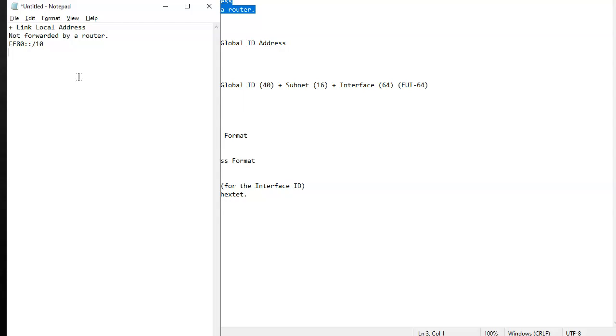So if I have a router and I have turned on link local addressing, any device that I have connected on that particular link could also have IPv6 addressing, and I would just number them, whatever I want.